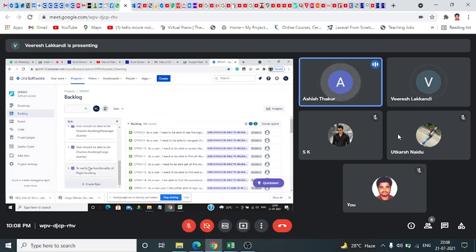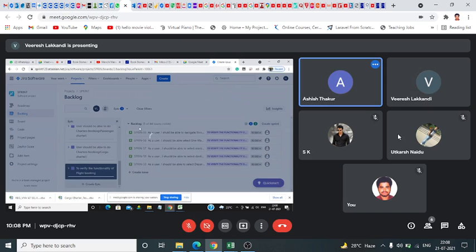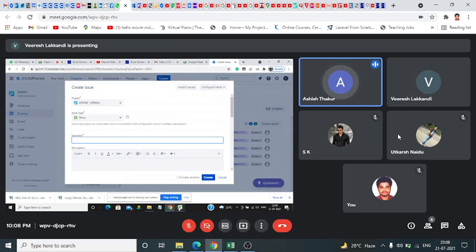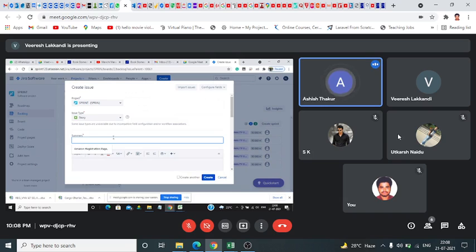How much have I added? Just click on that. I have added one, two, three, four, five. So you add six, seven, means the next two. Okay. Create issue. No, click on that create. The upper one. Then the story is selected. Now click on create another. Then you can add multiple stories, one or two, three at once.